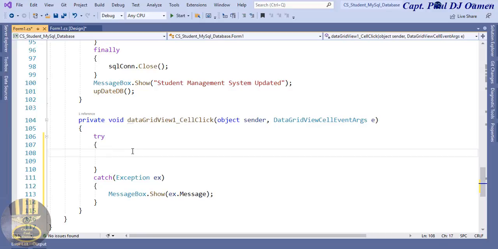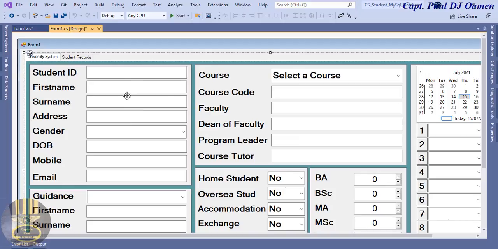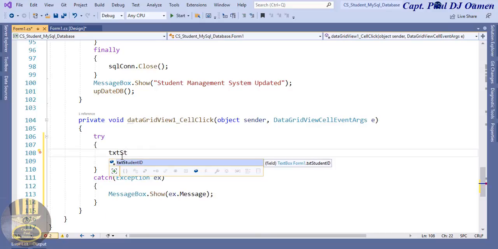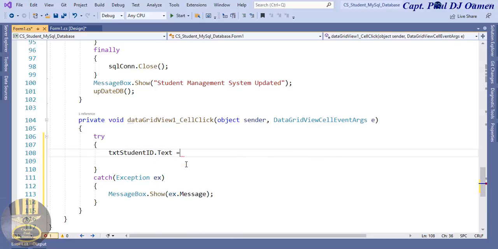Now up here within the try, what I want to achieve is to enter the name of every single component that I have in here. All of these components, I'm going to start with the student ID. So let's go back in here and say txtStudentID.Text,